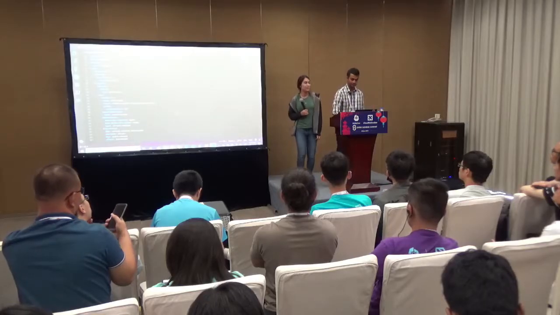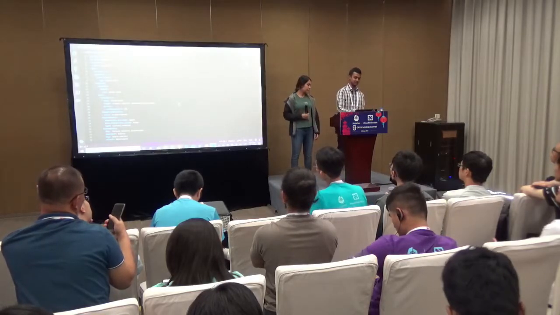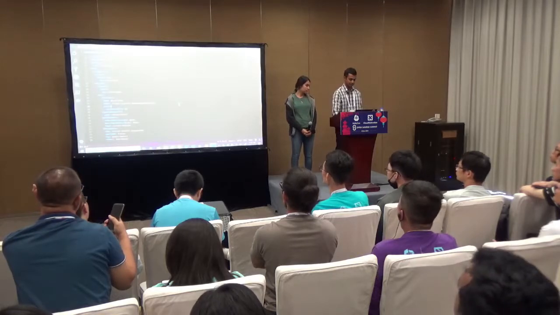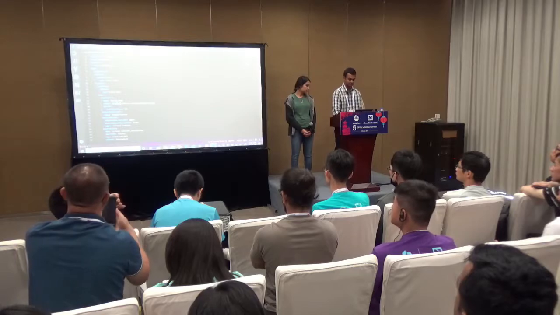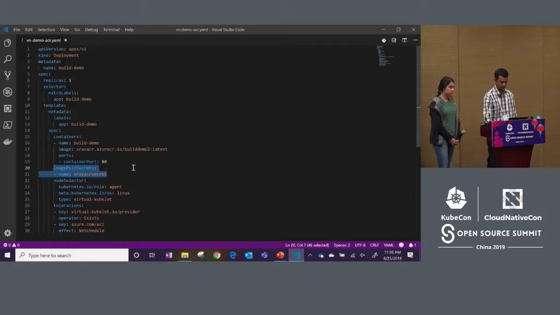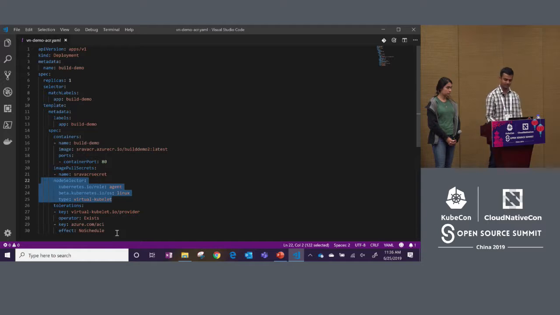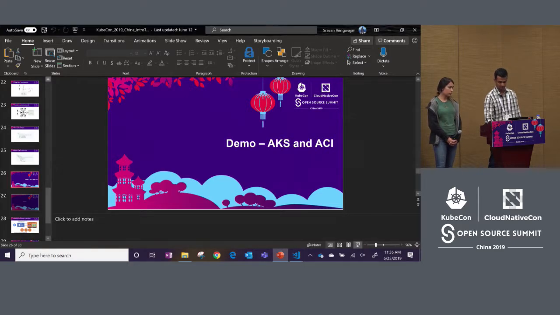Just to wrap up, and then we can take more questions at the end. This is a sample YAML file that you can use with Virtual Kubelet. A lot of this should look familiar to you. You can use images as normal. I used an image that's in Azure Container Registry. You can read from Kubernetes secrets. And here I use the node selector placement constraint instead of affinity. And then my toleration is here as well. And then I'm going to hand it back to